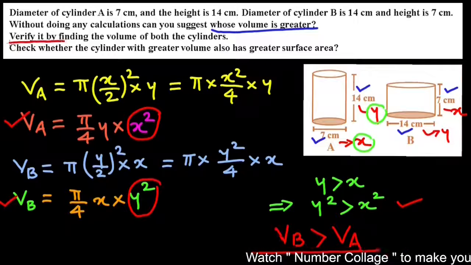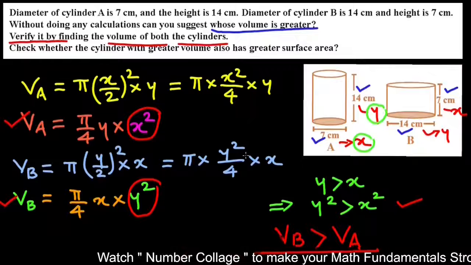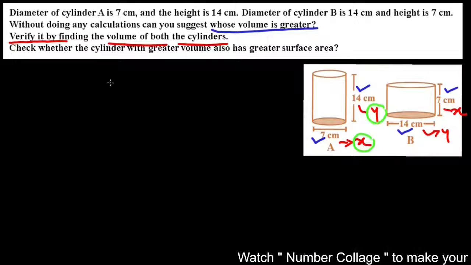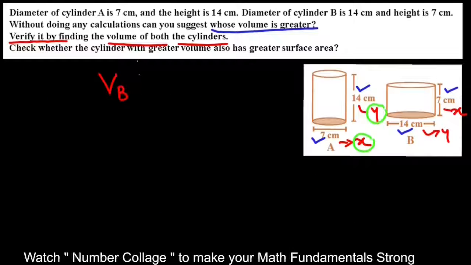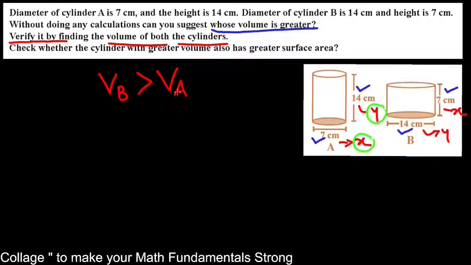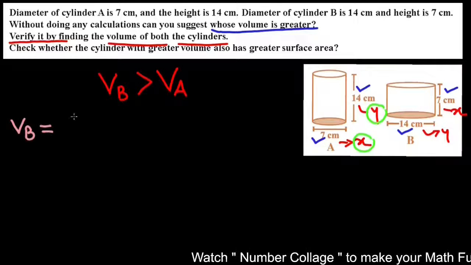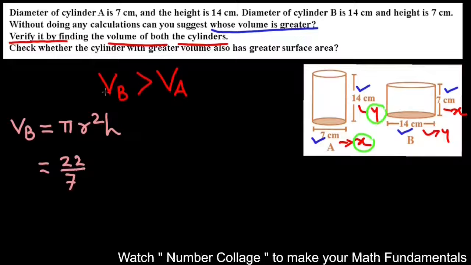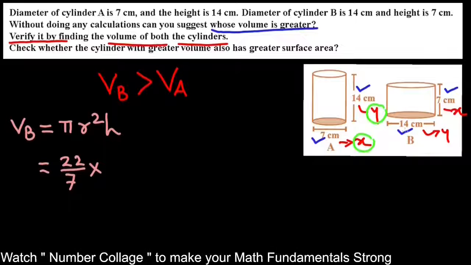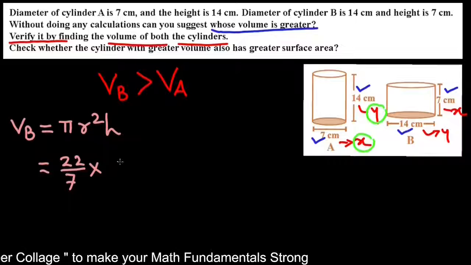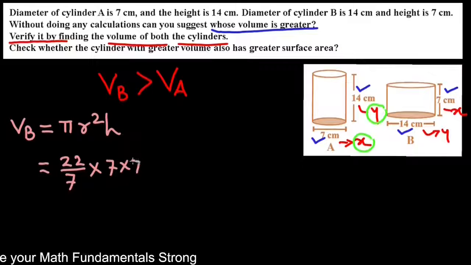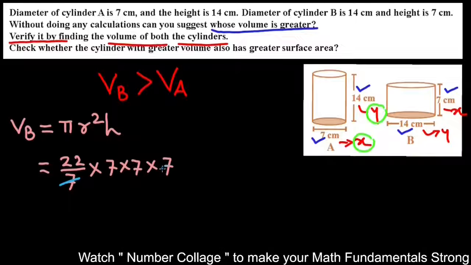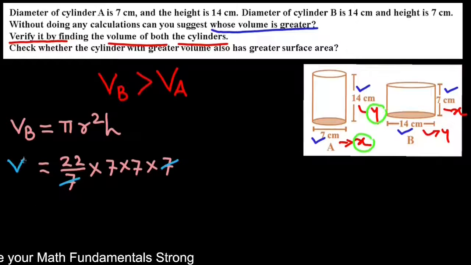Next, verify it by finding the volumes of both the cylinders. We have to verify this result by finding the volumes of both the cylinders. We will write our first result. Volume of cylinder B is greater than volume of cylinder A. Volume of cylinder B will be pi r square h. So that will be 22 by 7 multiplied by r square, but r is 14, so 14 by 2 will be 7, so it will be 7 multiplied by 7 multiplied by height. The height is also 7, so this 7 gets cancelled,